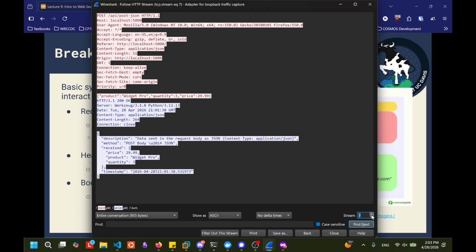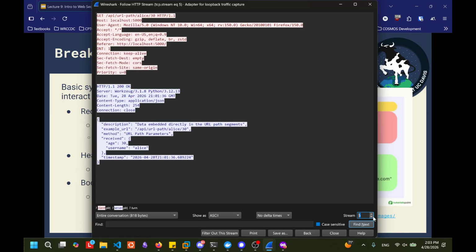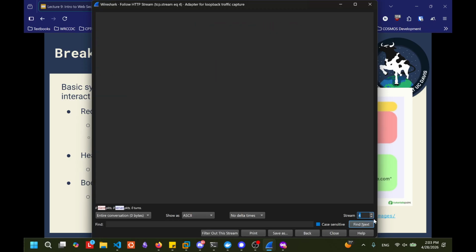Another way of sending data that's kind of funny is you can actually embed data inside the URL. So say I am banned from making POST requests. I cannot send data to a server using POST requests. I can only use GET for whatever reason. Is there any way that I can still send data to a server? And the answer is yes. If I just embed that data inside the URL itself, like say instead of saying, oh, get web page, I include a little extra information at the end, saying get this page, but with the option, I don't know, yes, no, whatever. That's another way of sending information.